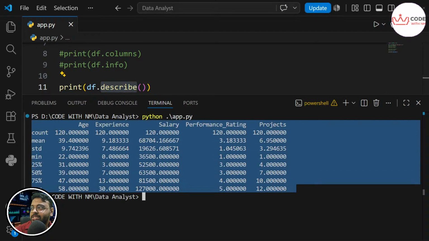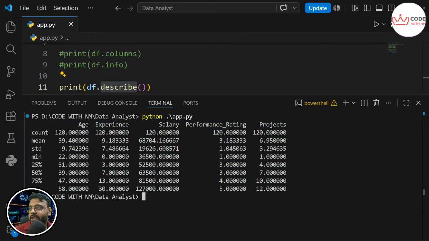So by seeing it, we know the data itself. Okay, that's the power of Pandas over here, and that's the power of a data analyst. So someone was asking me, this all can be done by CA. No, CA needs to perform so many things to give this type of data, but for us being a data analyst, we just need to load the data in Python and we need to do df.describe. Done. Who will be faster, a CA or us? Of course, us.